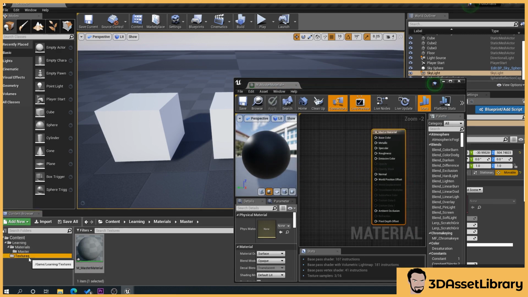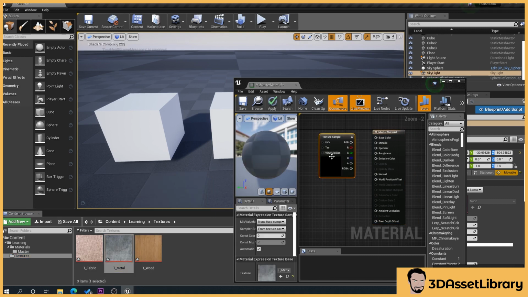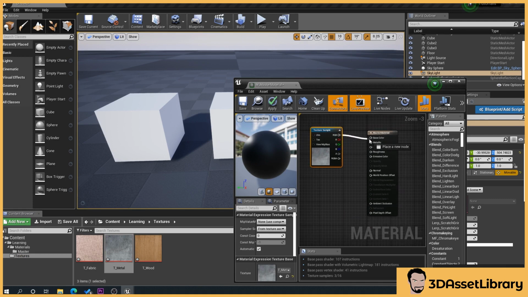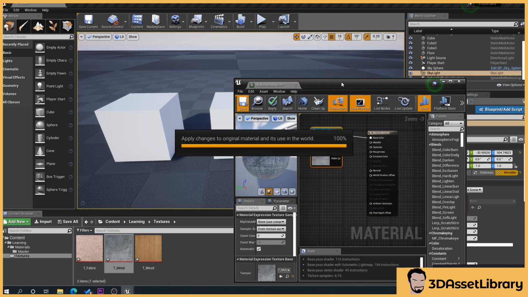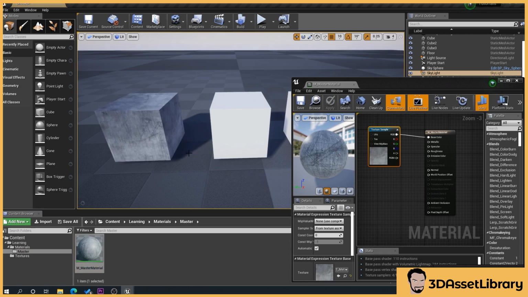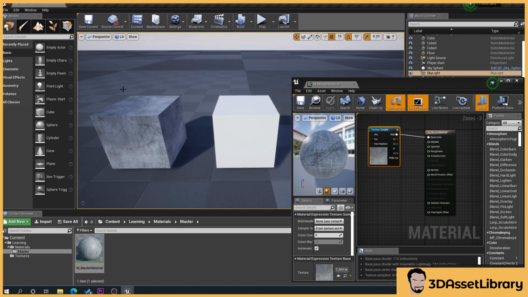So what we'll do is go back to our textures. We'll drag in, say, the metal one. You can get textures all on the internet. There's loads of places to get that. I've just got these as an example. So drag the pin in, save it, and now we can just drag this onto, say, that. There we go. So it's working now.